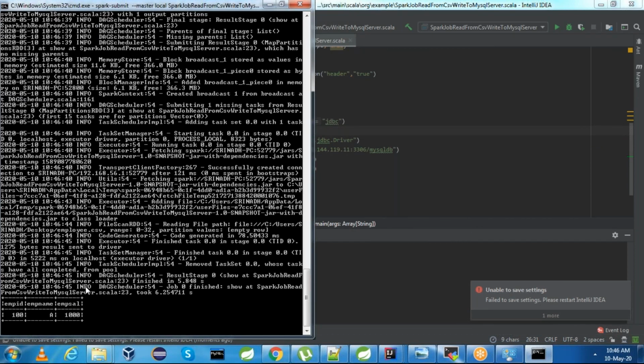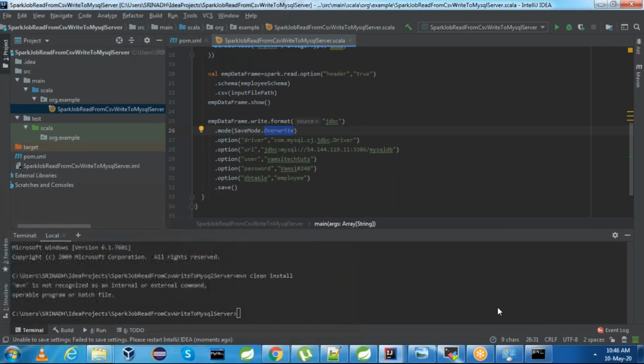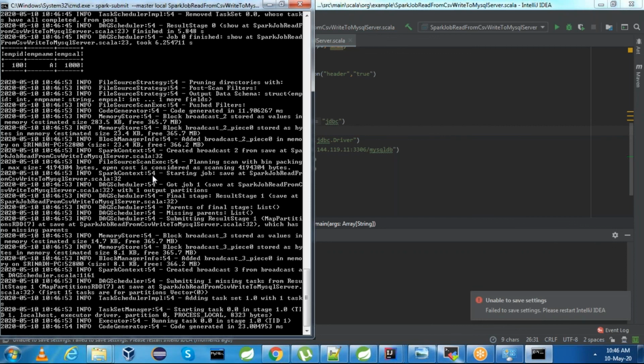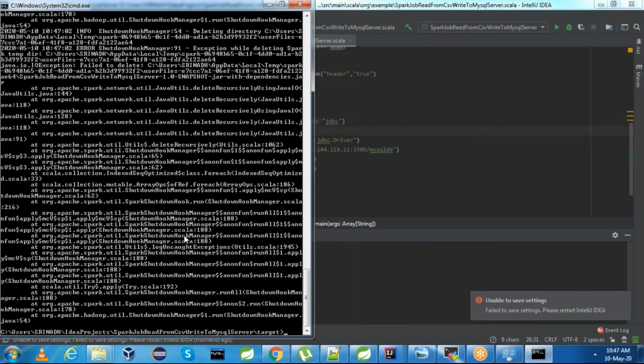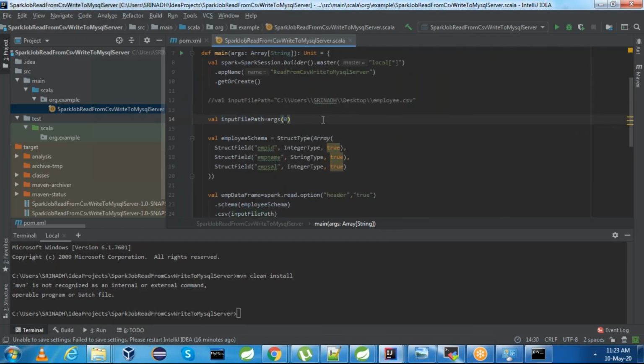Perfect. It is executing, and it is reading the file and trying to connect to the DB, and this execution will be success. The execution is success, and we can do Spark submit with an EMR cluster in the next video. For now, we know how to do Spark submit on a Windows machine. In the next video, I am going to show how to do Spark submit with an EMR cluster. The same fat jar we will be using, and we will try to submit this job into the EMR cluster using